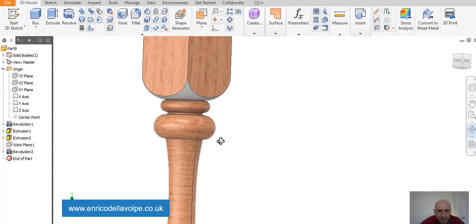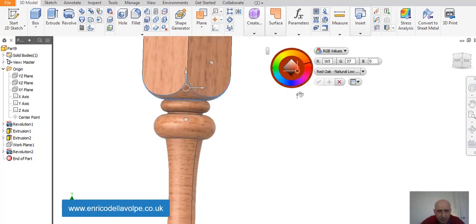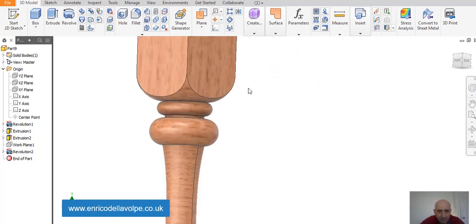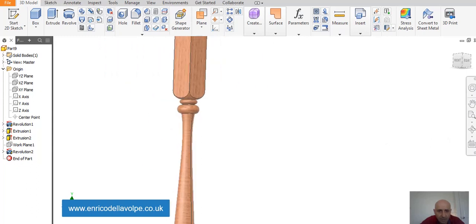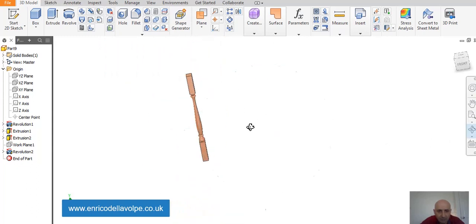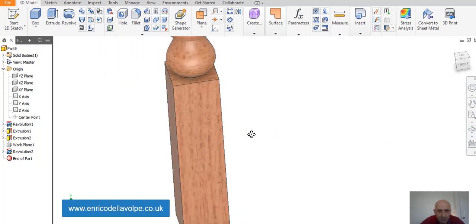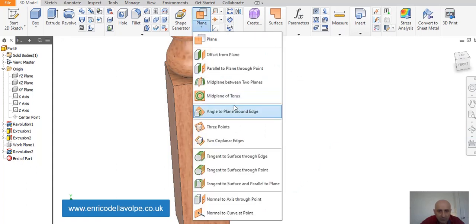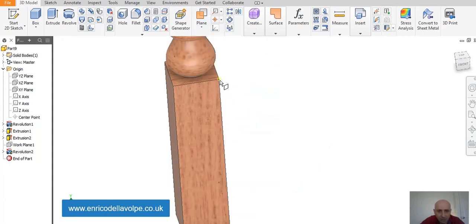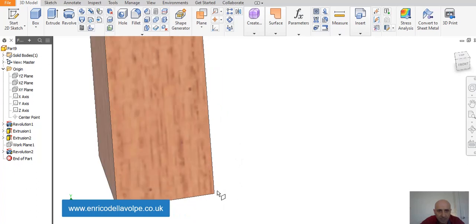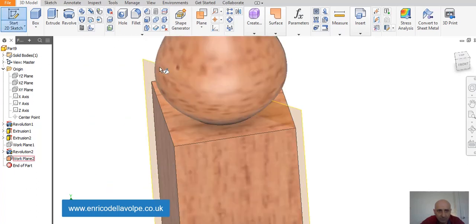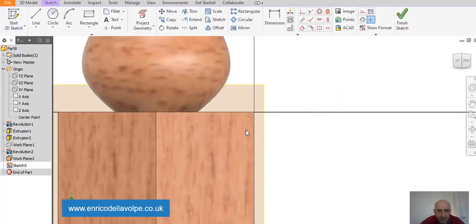Taking the material from the other, taking the wood from the side, and I repeat the same on the bottom: the 3-point plane, sketch the geometry, rectangle, construction rectangle, 20 mil each side,